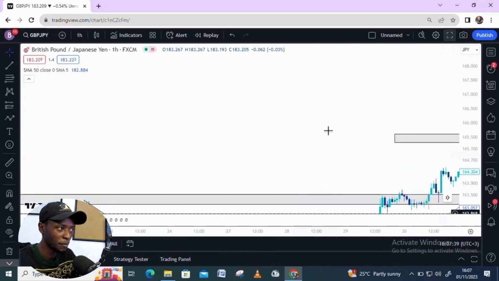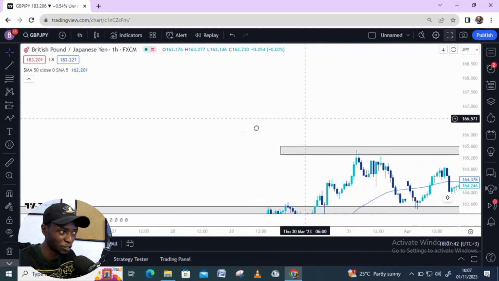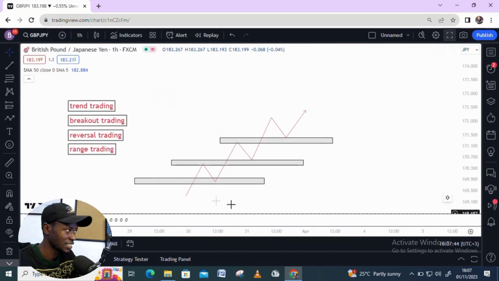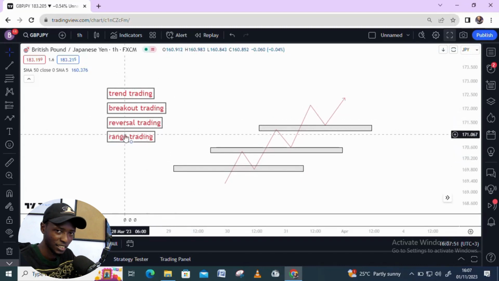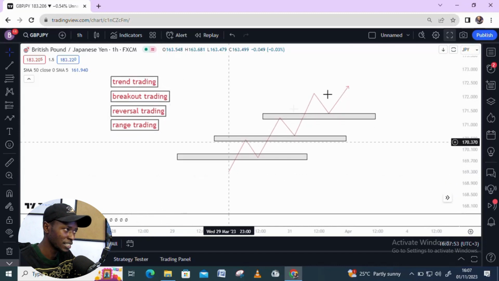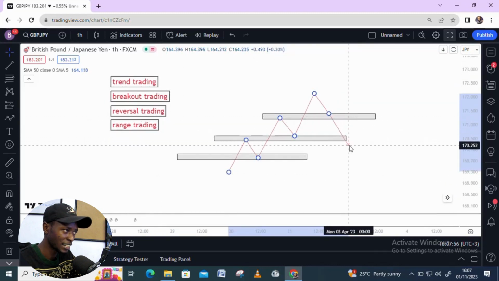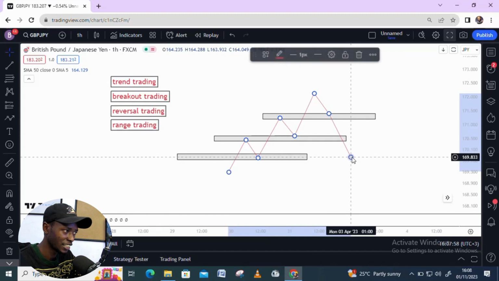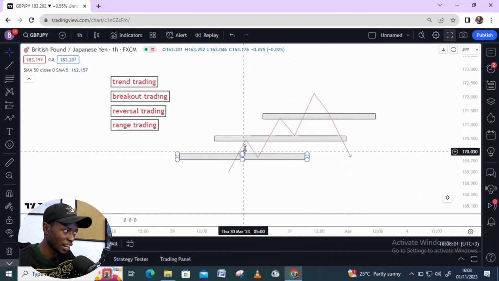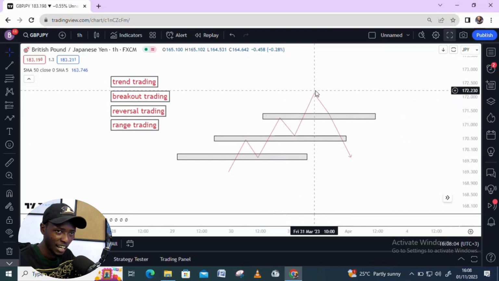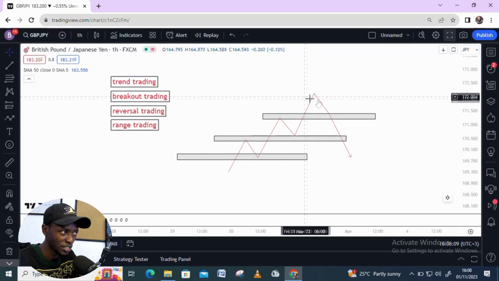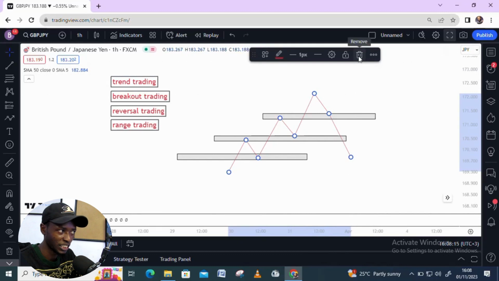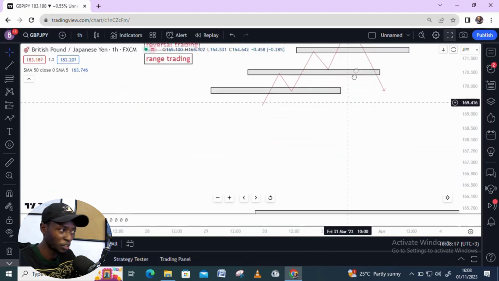For our third strategy of trading support and resistance, this is now reversal trading. Reversal trading simply means that the market is now changing trend. The market was forming a series of highs, higher highs, and higher highs, and is now breaking the low. This is a reversal. So if you sell from here, you're selling a reversal of the overall uptrend. That is what is called reversal trading. So for an example in the charts,